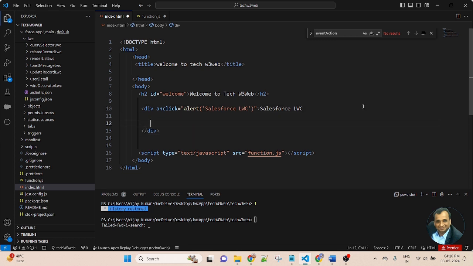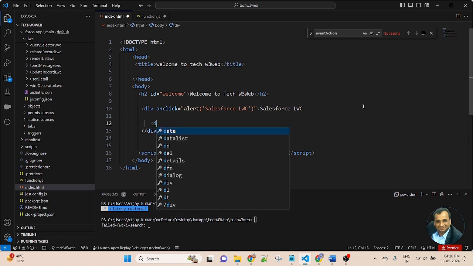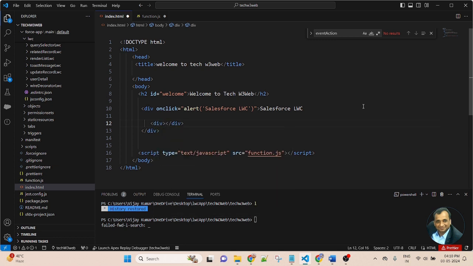Inside the div, I am creating another div, and in it I am writing Salesforce Visual Force page. In this div I am also passing onclick, and the alert will display Salesforce Visual Force.